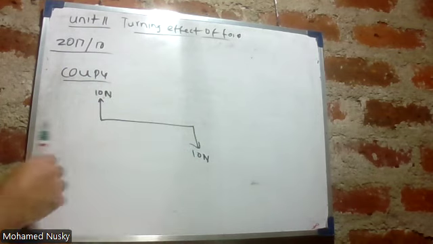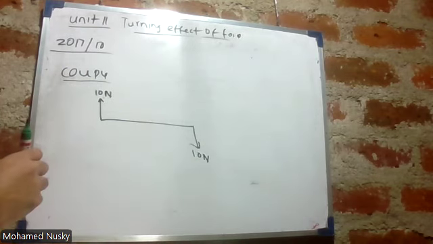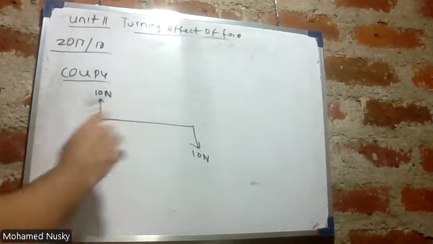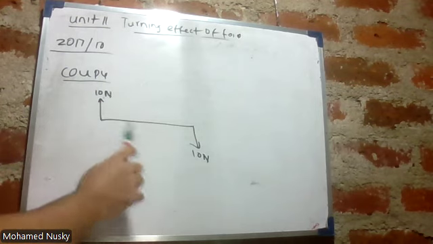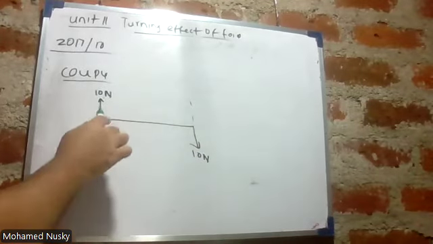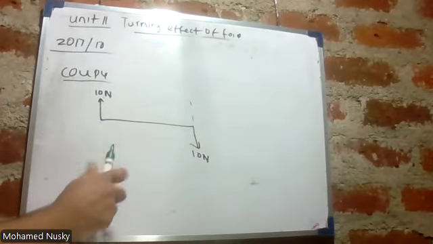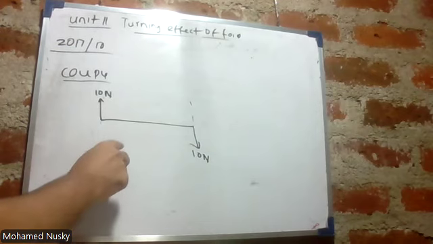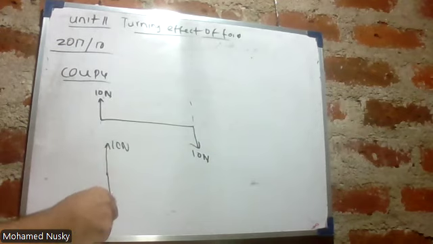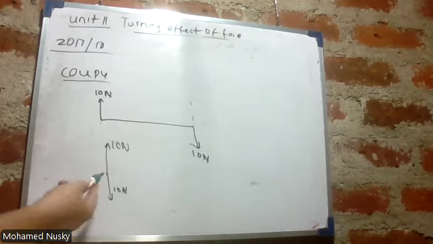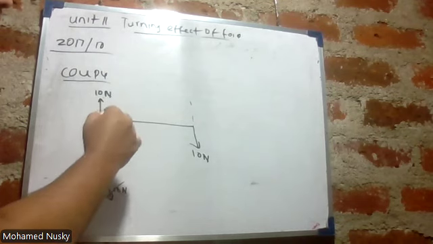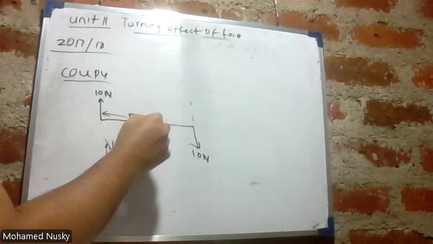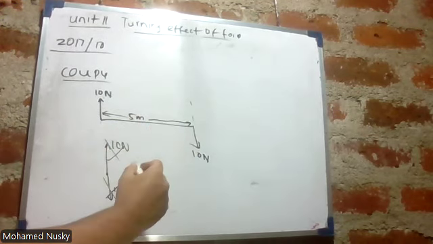Equal forces, opposite in direction, and not in the same line of action. They are not collinear. This is on this line, this is on this line. What do you mean by collinear? 10 Newton upward, and from the same point 10 Newton downward. This is what is known as collinear. But this is not collinear. And if it is separated by a distance of 5 meters, then the couple is